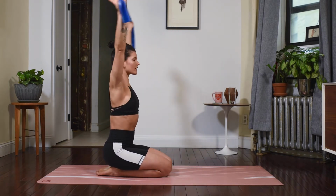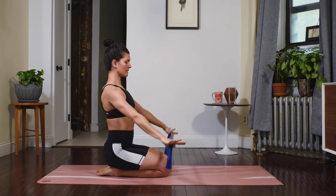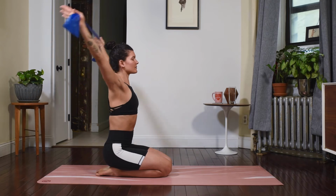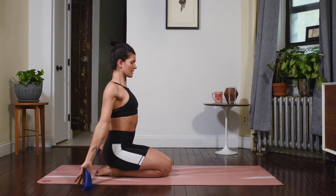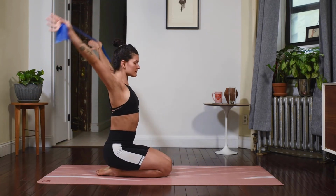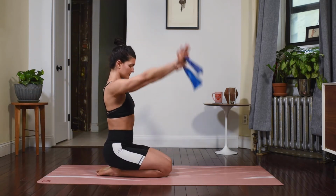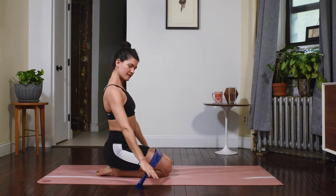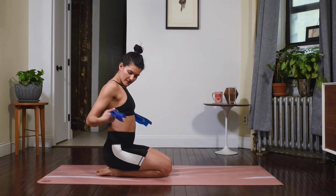Melt those shoulders away from the ears. About 4. Really try to eat up that space. Arms reach up and back. Arms reach back and up over the head. About 2 more. Last one. And done. Great. You're going to take the Thera-band now, right at the back of the ribs, right where your